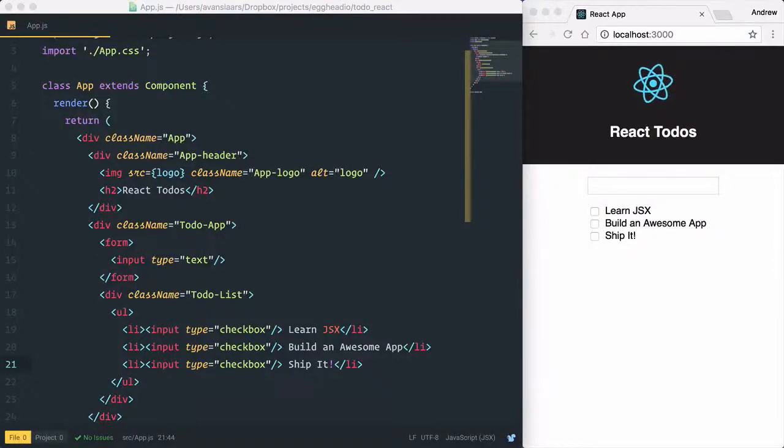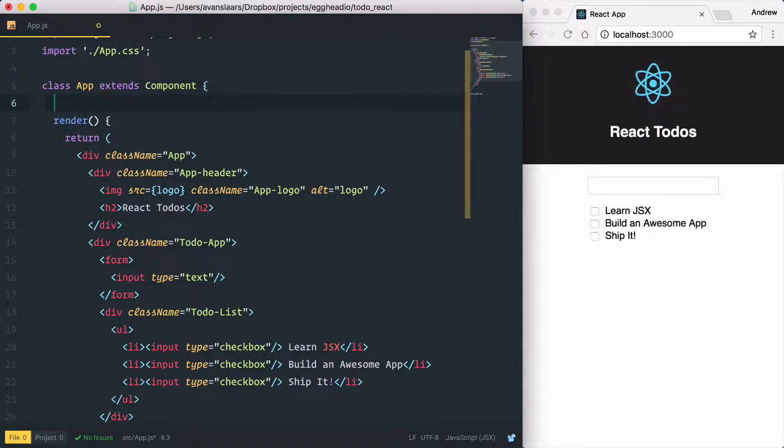Right now, this component is rendering static output. In order to render to-dos dynamically, we need to give our component state. We'll start by adding a constructor to the app component class. I'll start by adding the constructor keyword at the top of the class,